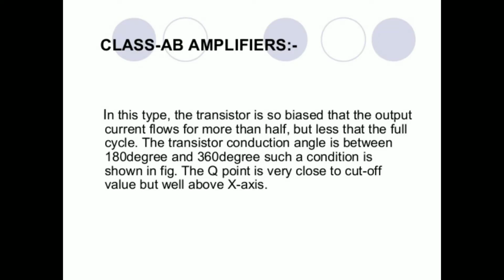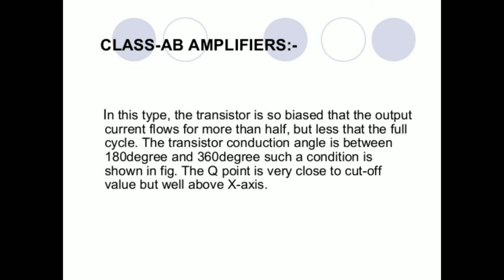What is class AB amplifier? In this type of amplifier, the transistor biasing is done in such a way that the output current, that means collector current, flows for more than half cycle, that is more than 180 degree, but less than full cycle, less than 360 degree. So the transistor will conduct between 180 degree to 360 degree